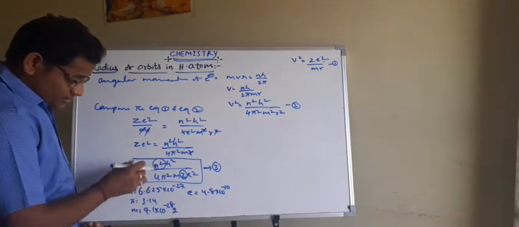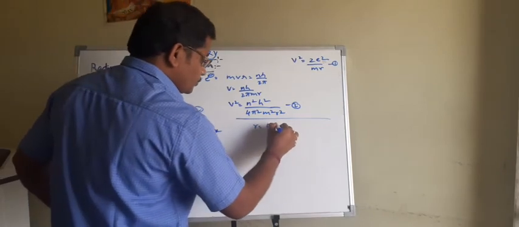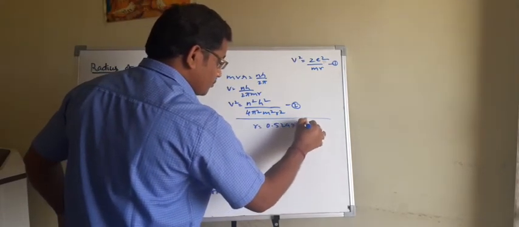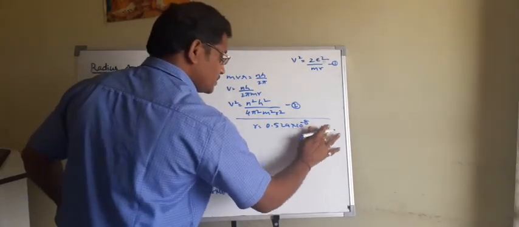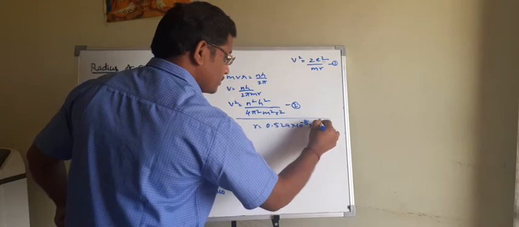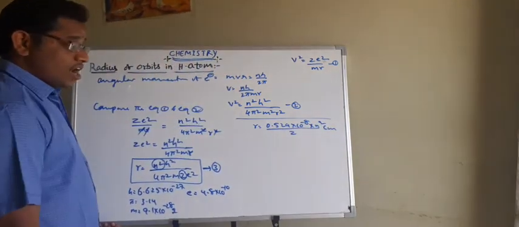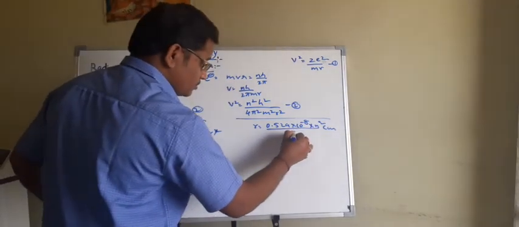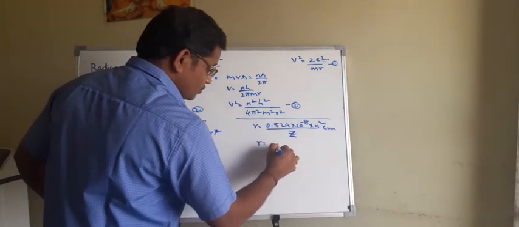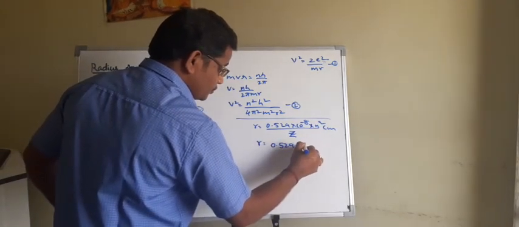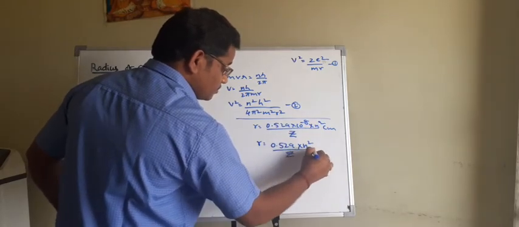After substituting these values in this equation, the r value becomes 0.529 into 10 power minus 8 into n square by z centimeters. So this is centimeters, the unit of the r value. This is the z value, this is the n value. R is equal to